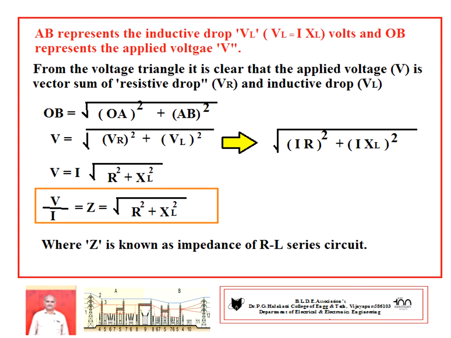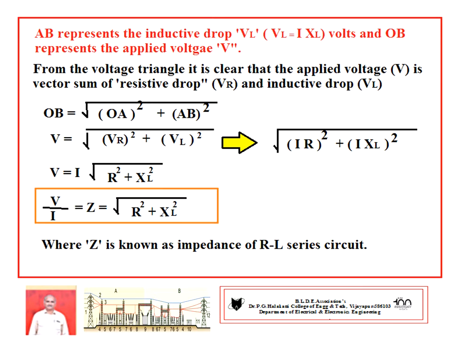Hence, from the voltage triangle, it is clear that the applied voltage V is the vector sum of the resistive drop and the inductive drop. OB represents the applied voltage. OA represents VR and AB represents VL. Therefore, OB equals the square root of VR square plus VL square. So you replace VR with I into R, and VL with I into XL. Therefore, you take the current outside. Hence, V by